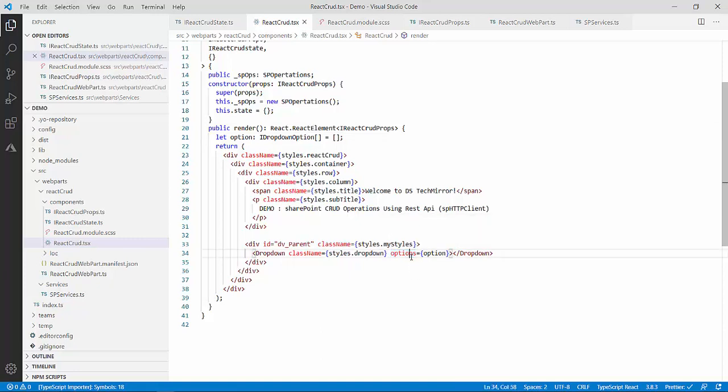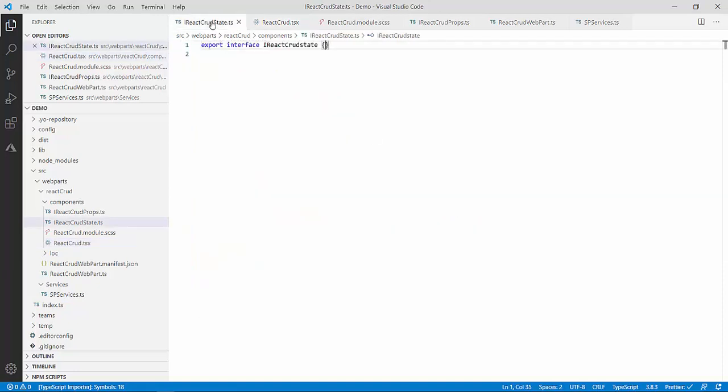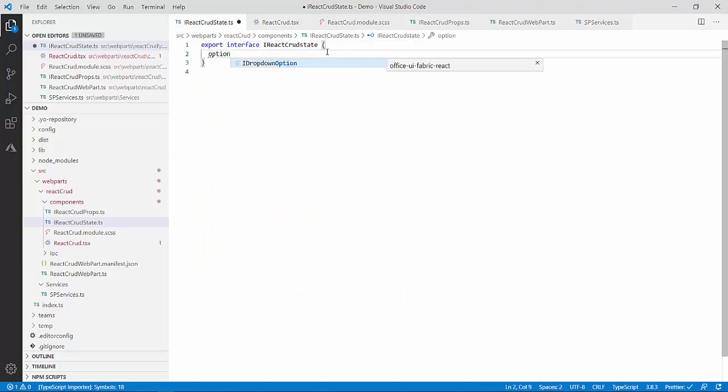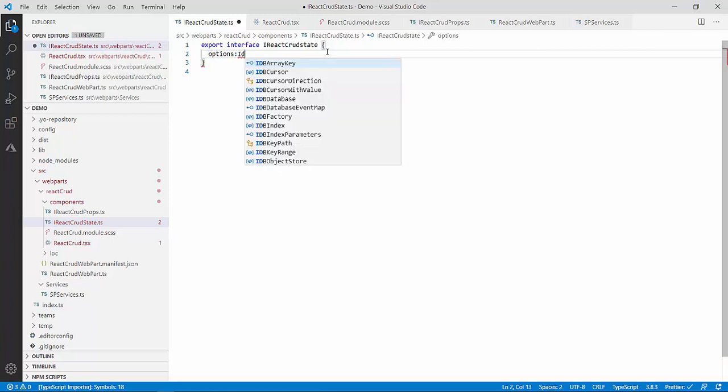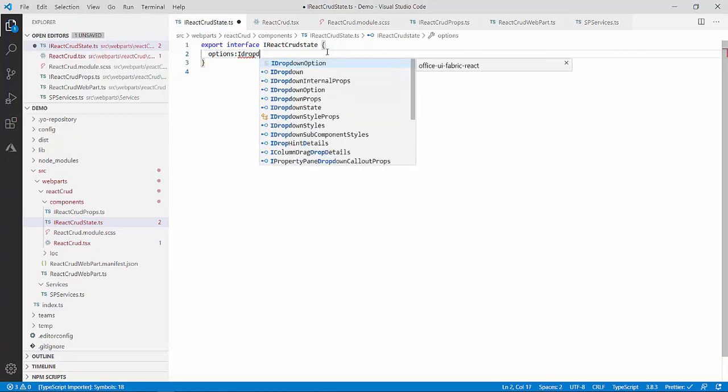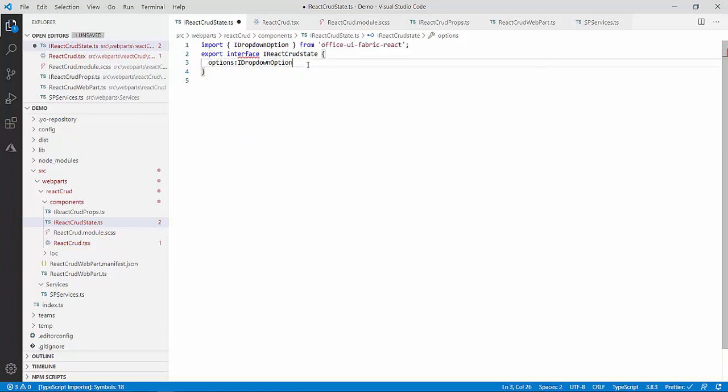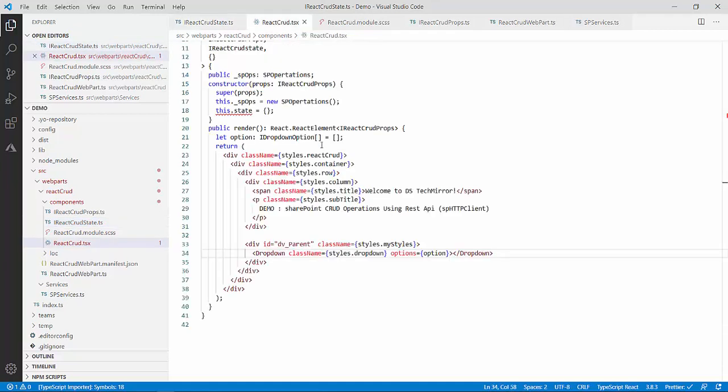First, to set these options, I will make use of the state. In the state I will create first one, that is options, and it will be of type IDropdownOption, because the dropdown asks for this type of options only. So IDropdownOption, and automatically at the top it got imported. Now this I declared.